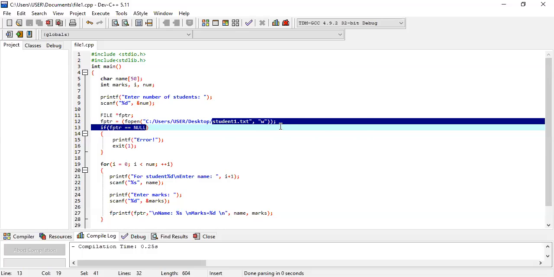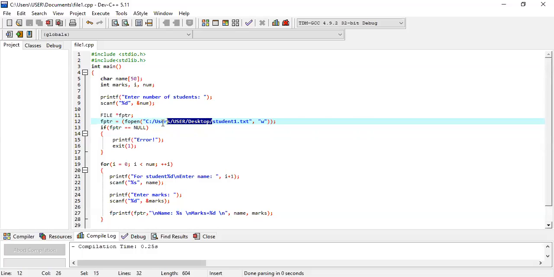That's why I wrote the total path address of the desktop here. I also told you how to get it. After that, everything is the same. The previous program and this program are totally the same. I'm just adding this path direction, nothing else.